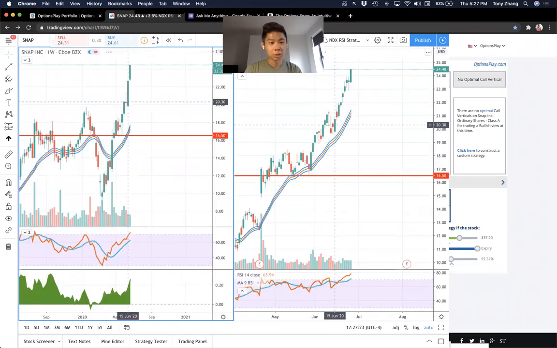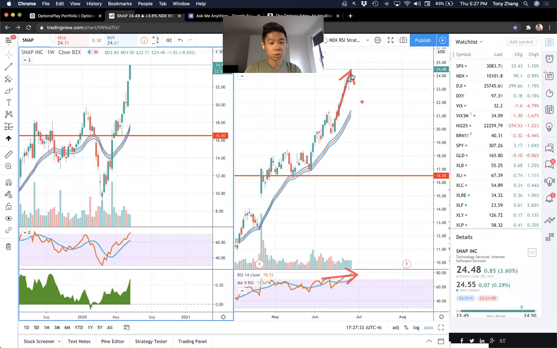So same concern that I have on some of the names here is that this does feel to me a little too far too fast, especially if you look at momentum, not quite confirming the move to the upside. You don't have negative divergence, but I do think you have a very high probability of a short-term pullback here. I would prefer to go long on a pullback rather than continue to chase this to the upside.